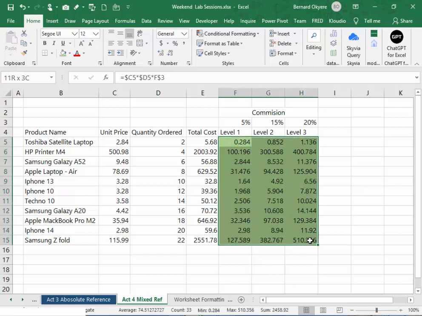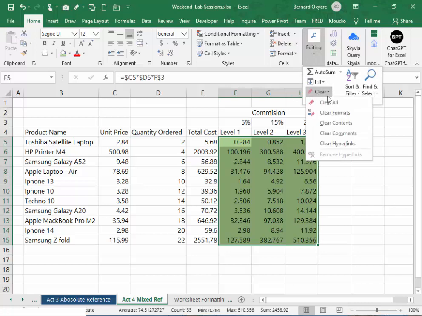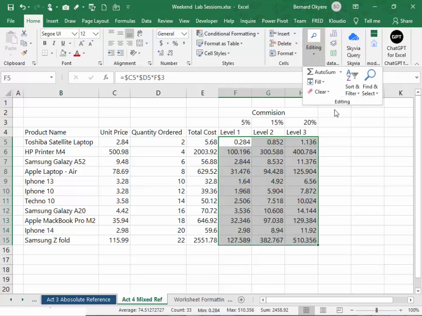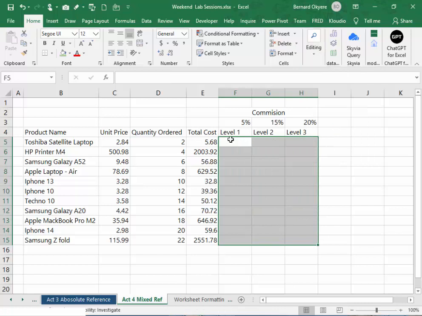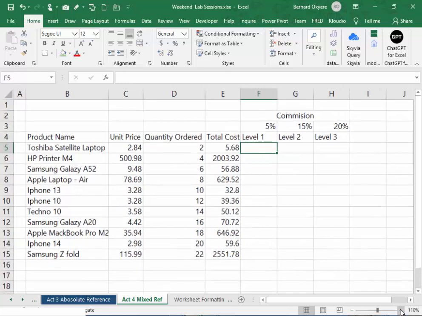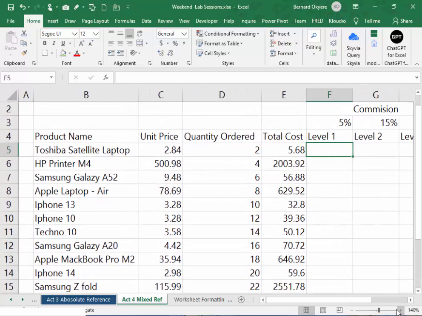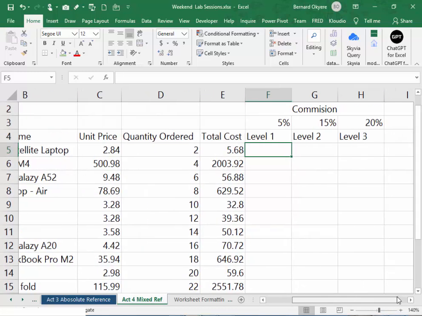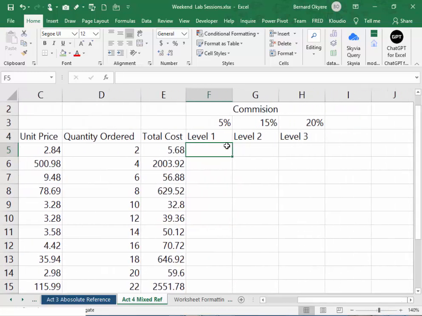So let me clear this formatting. Home, editing, clear formats, clear content. Okay. So please, I'm doing it again, once more. That rhymes well. Great. So equal to,